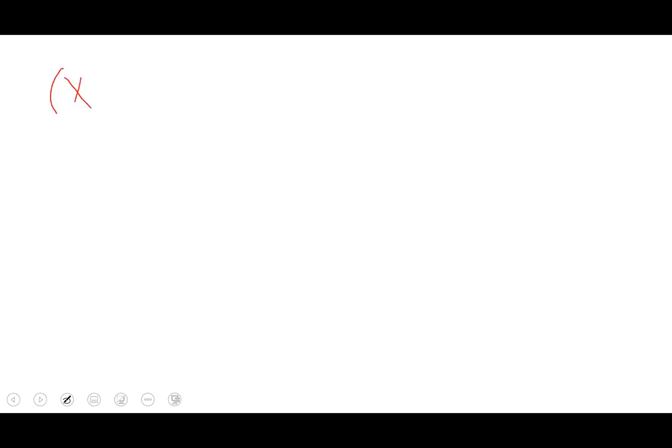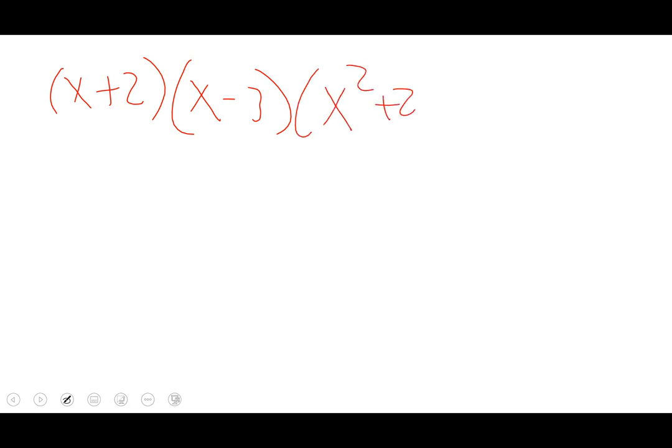Well, again, it would depend on how far I told you to factor. So if I told you to just factor over the real numbers, the -2 would be x plus 2. The positive 3 would be x minus 3. And then x squared minus 2x plus 10. If I told you to factor it just over the real numbers, then that would be as far as I